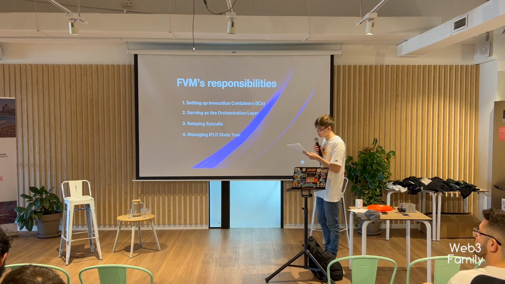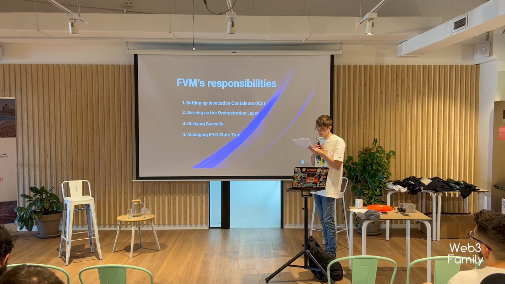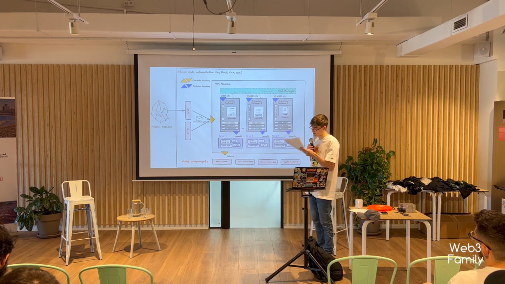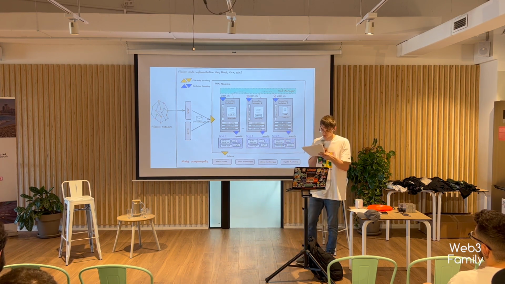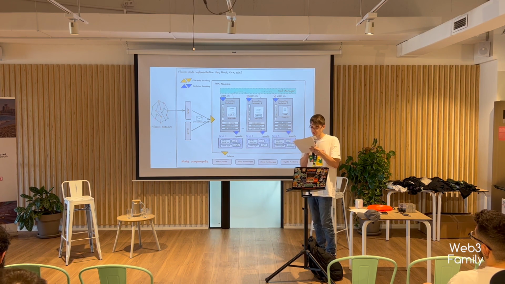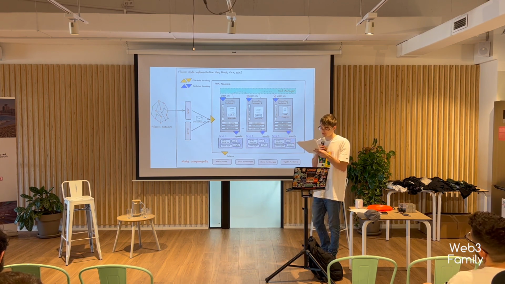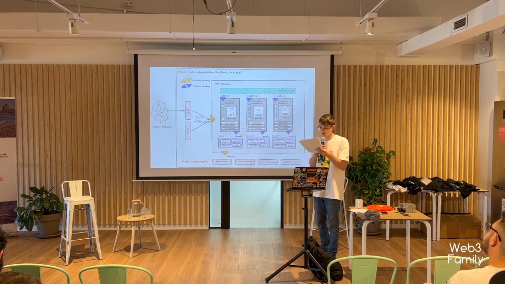So next we have relaying syscalls. The FVM handles the resolution of syscalls between the FVM node boundary, which is the yellow arrow in the diagram, and the container boundary, which is the blue arrow. Syscalls are made by actors to access resources and services provided by the host environment, such as the Filecoin network. When a smart contract within an application container needs to read or write data to the Filecoin network, it makes a native syscall to the FVM, which acts as an intermediary interacting with the network on behalf of the container. It is important to note the gas